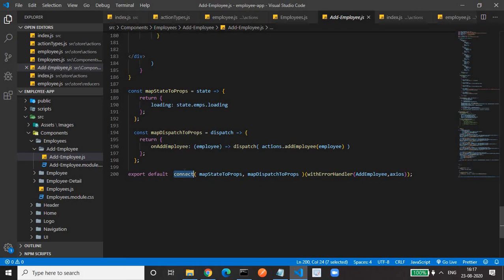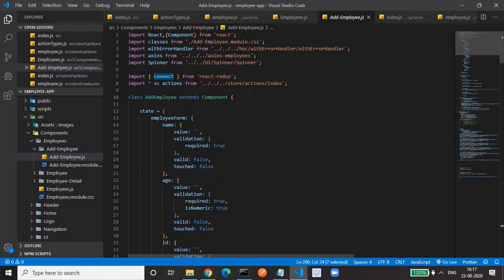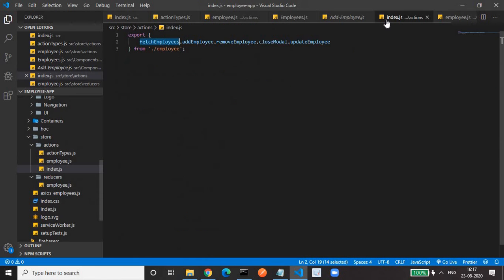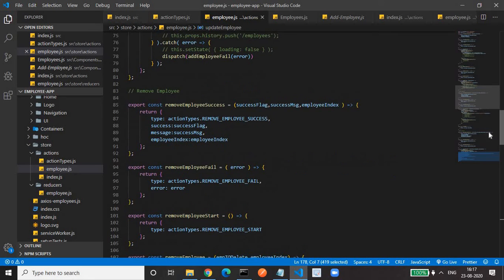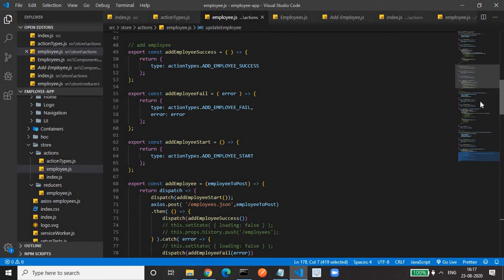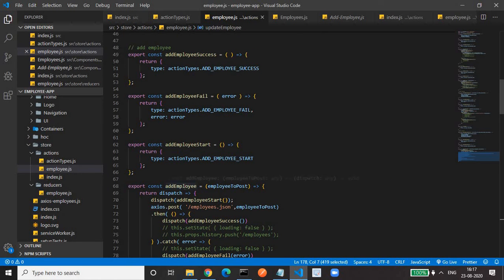As we are using connect, the same process is followed. We have to import connect from React Redux. Along with that we need the actions from the index file. If you see here, we have defined add employee. If you go to our action, here it is, the add employee action.